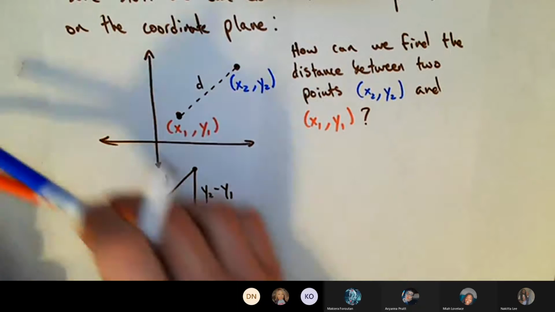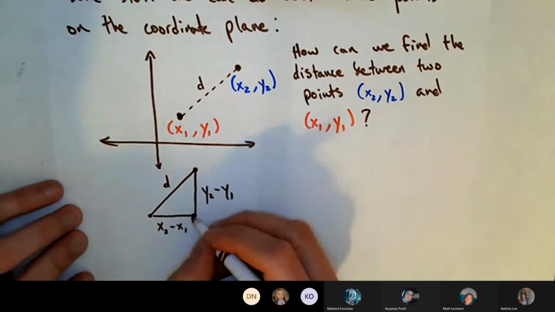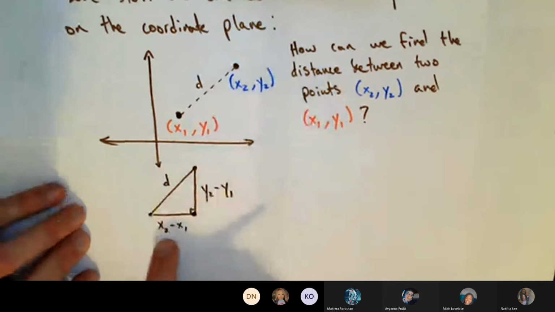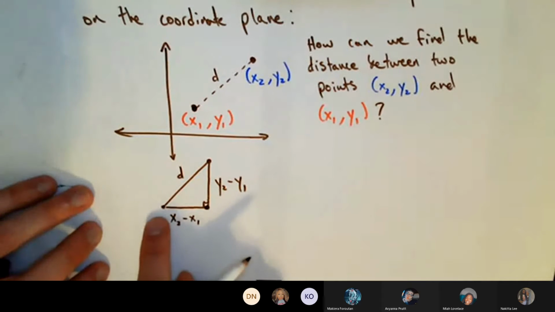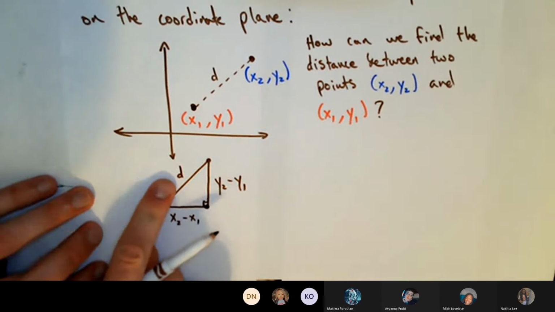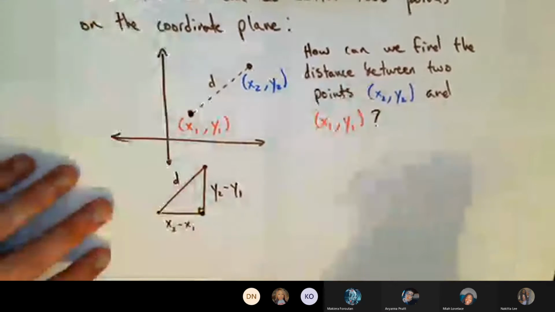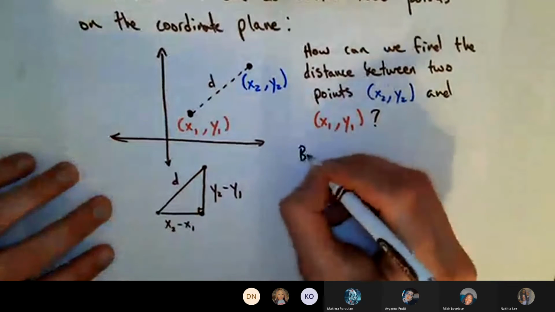Okay, now Pythagorean theorem tells us, and remember this is a right triangle. I've forced a right triangle out of this little picture and labeled the 2 sides. The Pythagorean theorem tells us that if we square this side and square this side and then add them, then we get this side squared. So we're almost done. We are almost about to solve for the distance. By the Pythagorean theorem,